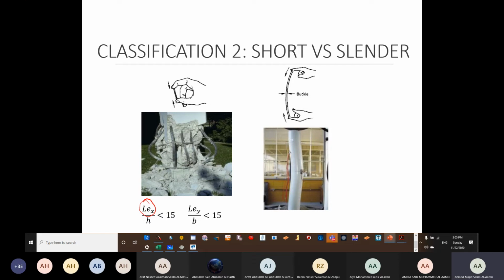H is representing the thickness or the depth. B is representing the width. LEY is representing effective length in terms of the y-axis. I think you have studied LEX and LEY in your design of structures one, so I'll not go a lot into it, but what you need to know